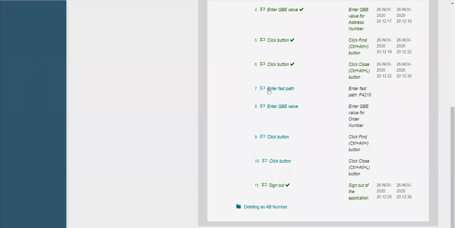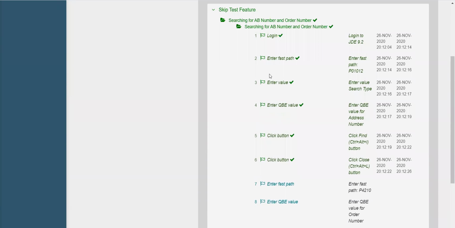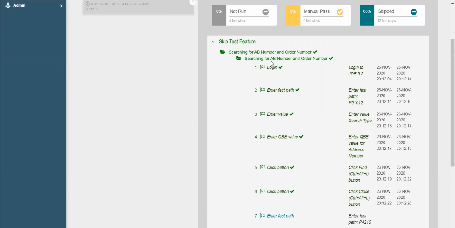These test steps have been highlighted in dark green color, which means they were skipped during the execution. The remaining test steps have been highlighted in green color, which means these test steps were executed.